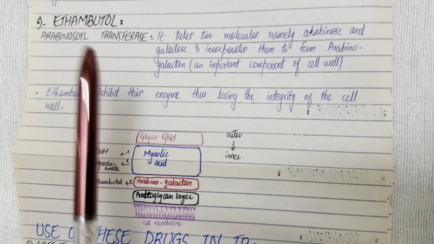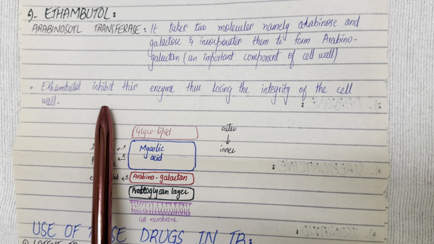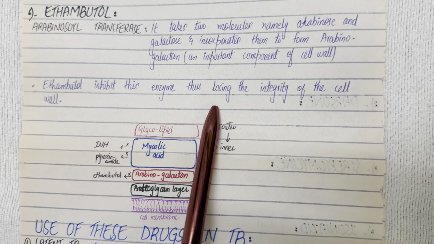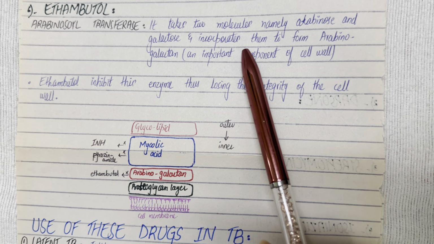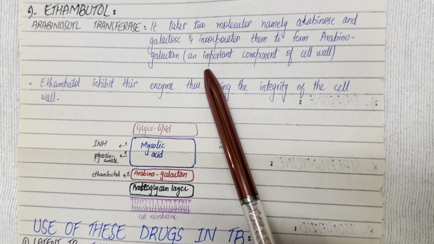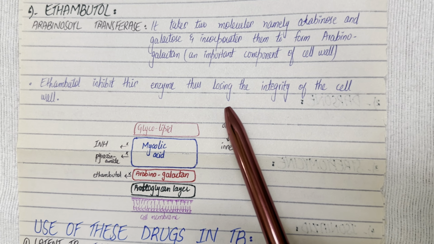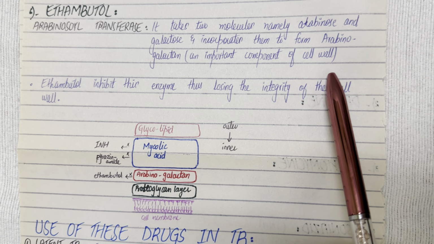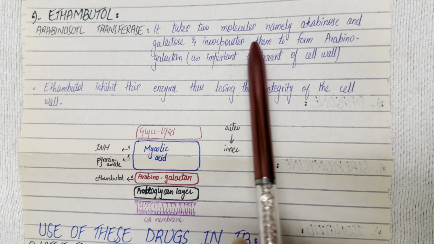The next drug is ethambutol. The mechanism of action of ethambutol is that it inhibits the enzyme arabinosyl transferase. What arabinosyl transferase does is that it takes two molecules, namely arabinose and galactose, and incorporates them to form arabinogalactan, which is an important component of the mycobacterial cell wall. So when ethambutol inhibits this enzyme, it can no longer perform its action, and thus the integrity of the mycobacterial